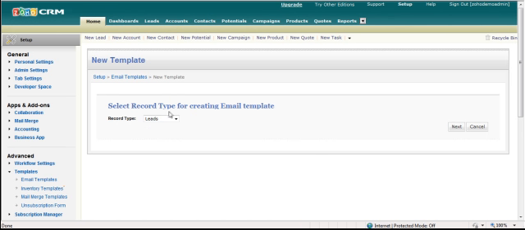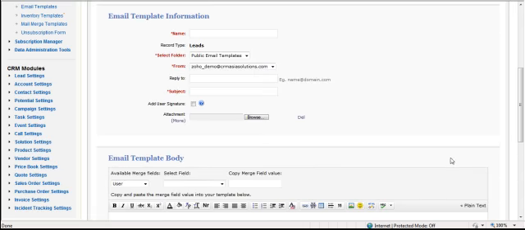And first of all, in Zoho CRM you have to select the record or module type that the email template is associated with. This is because the data that you pull into the email relates to that module. Okay, so for example, we are going to do it on the lead, so we click next and we'll give it a name. So we'll just call it general follow-up, and because it's related to the leads, we're going to put it in